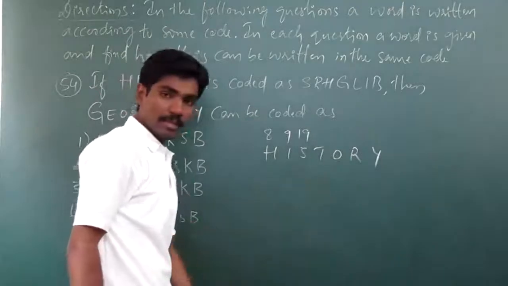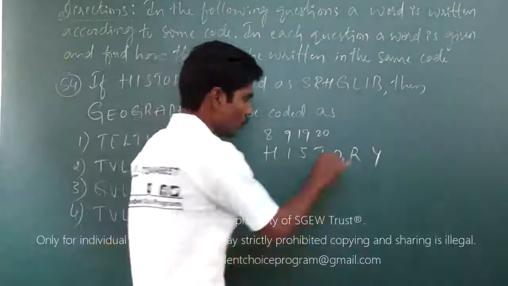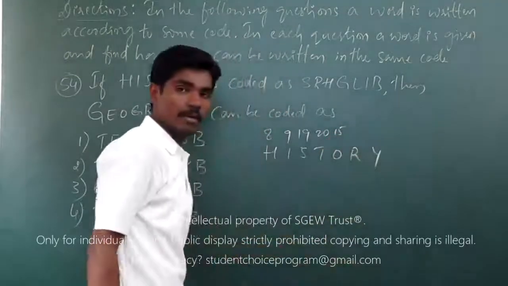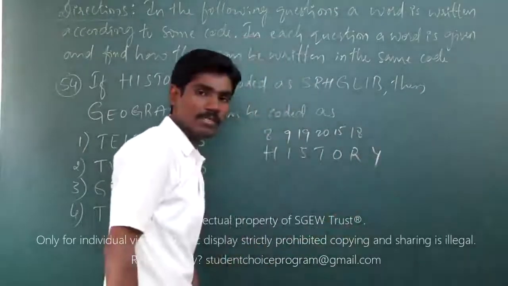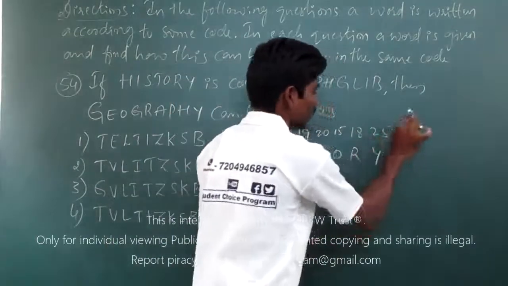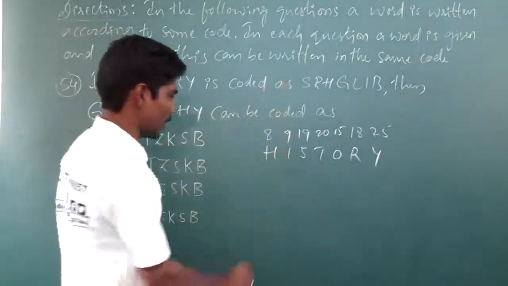Now, what is for T? Yes, of course, it is 20. For O, 15. And for R, 18. Lastly, for Y, it is 25. Now, this history is coded as SRH,